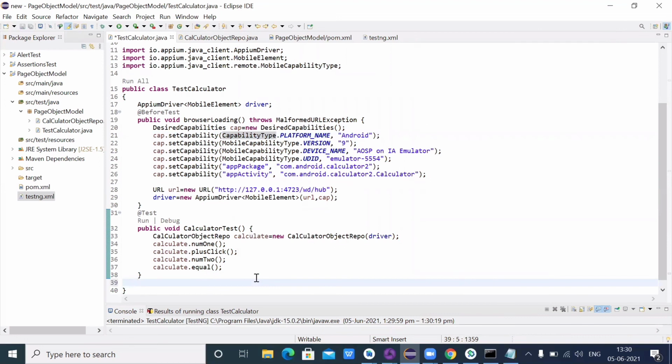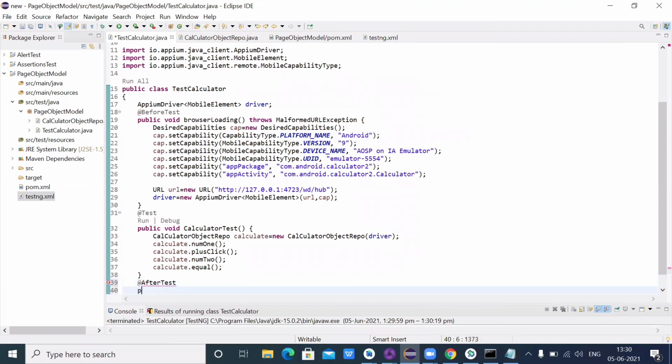After that I also want to quit from there. So if you want, you can add one more method, that is @After test. You can create a public void method, and you can give it the name close method.